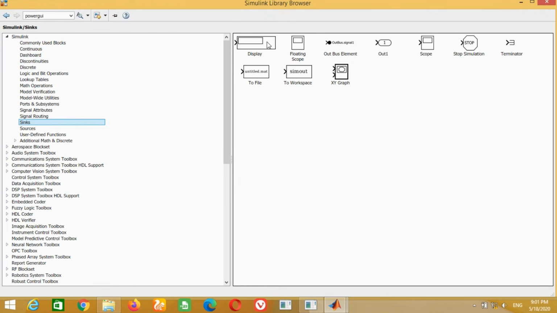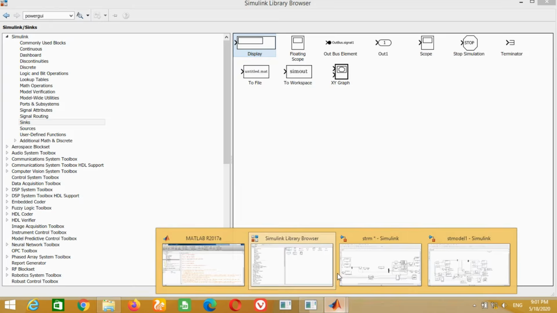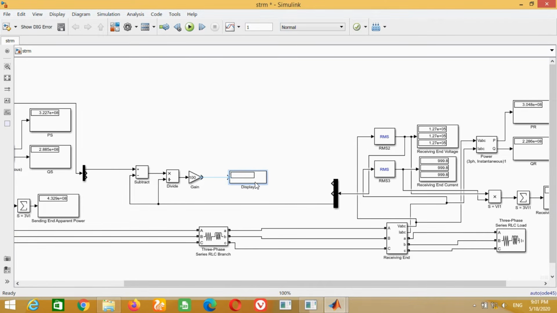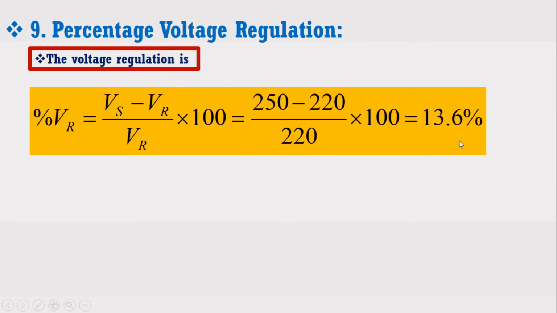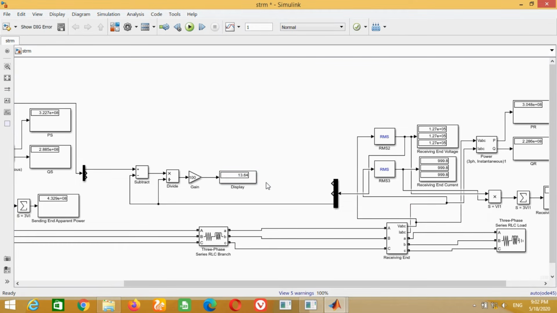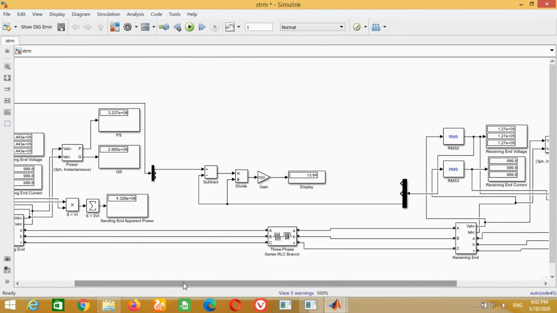And connect the display for measurement. Now you can run the simulation and compare the answer with the answer obtained in the example. You can see both answers are correct. Change the name to percentage voltage regulation.